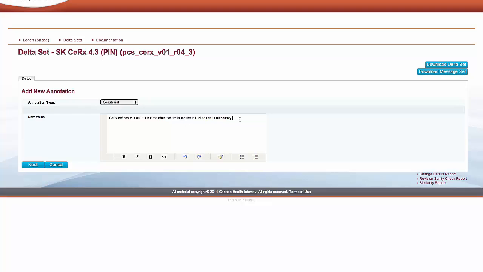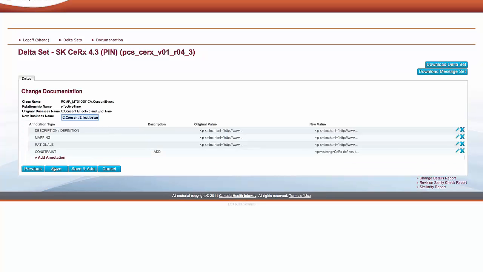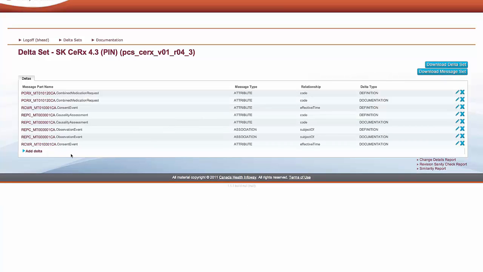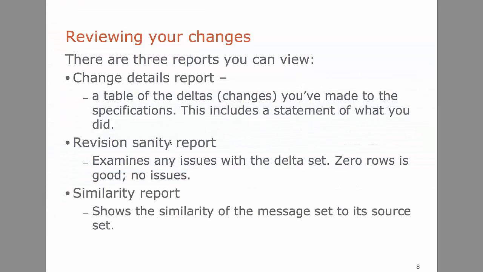Okay, go ahead and select that to bold, and we'll click Next. Now, the next thing we want to do is just save that annotation, and now we've got our list of annotations. Now that's the last of the annotation changes that we're going to make, and the next thing is reviewing